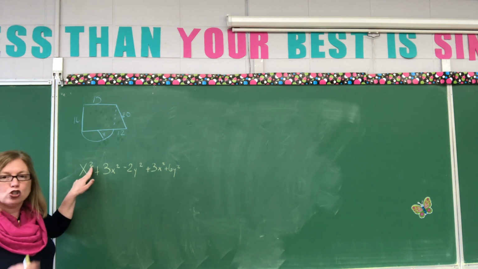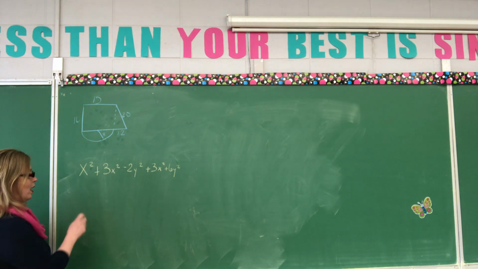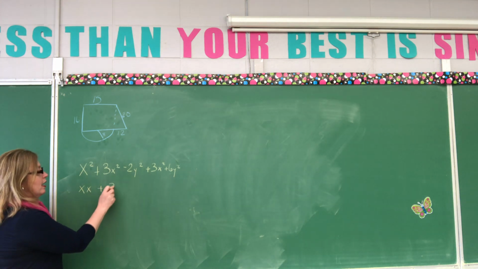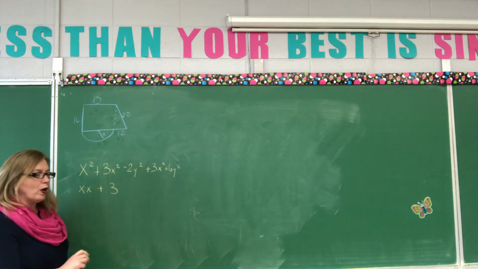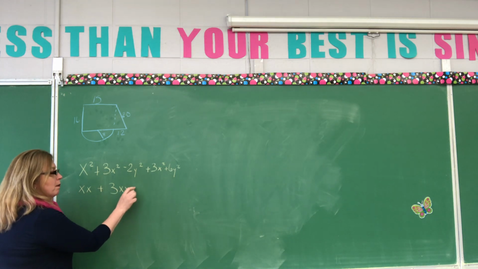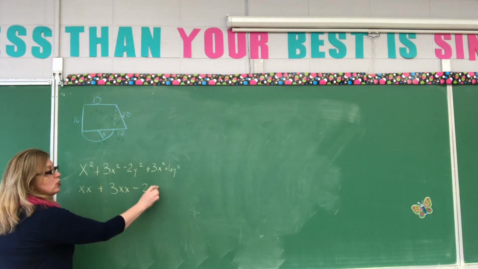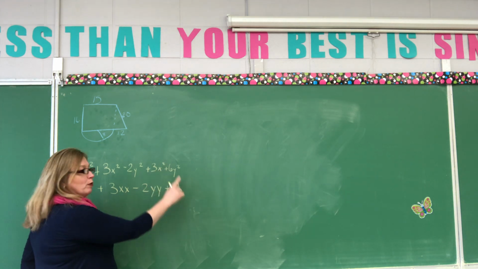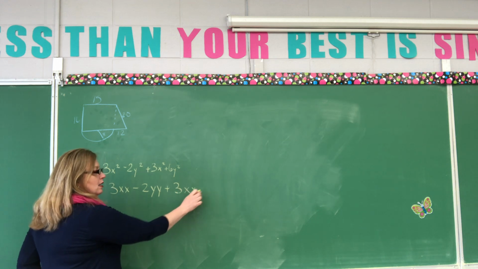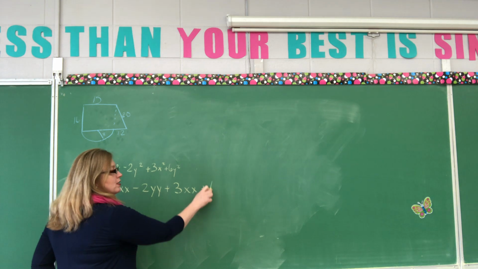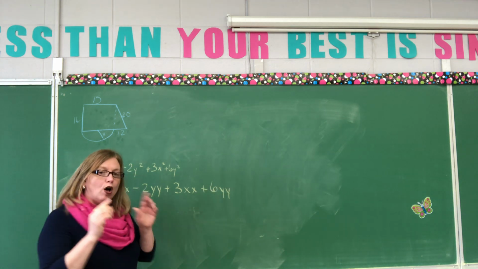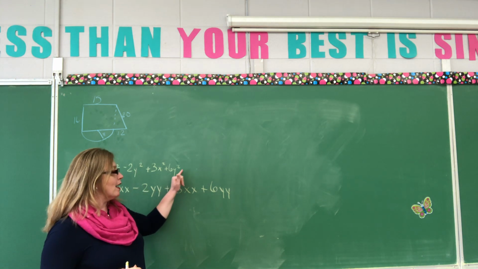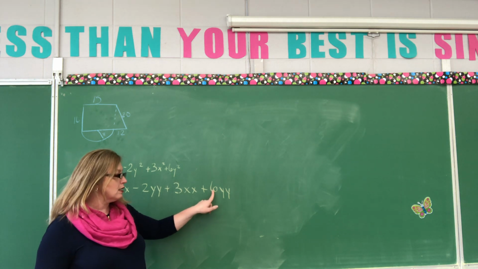x squared simply means x times x. There's two of them. Here I have a 3 and then x squared. X squared simply means x times x. Minus a 2, then I have a y squared, so I have 2 y's. Then I have 3x squared, so I'm going to put 3x, x. Then I have a 6y squared, so I have 6y, y. All I did was take my squares and break them apart. It was 6y squared. Instead, I wrote 6 times y, y,